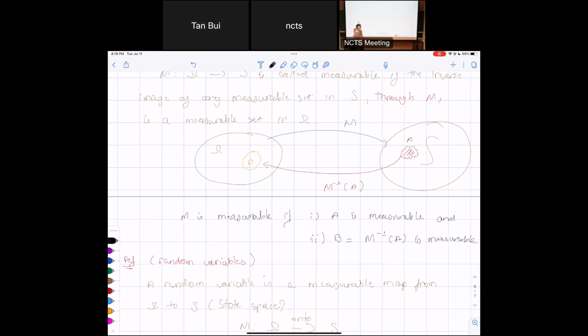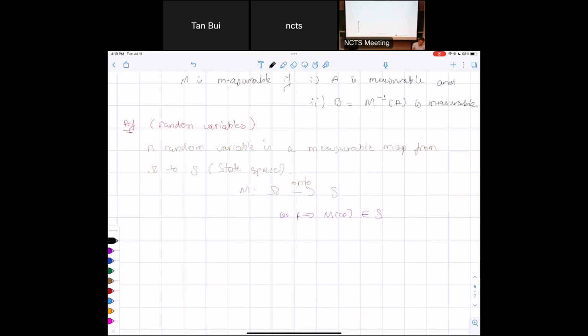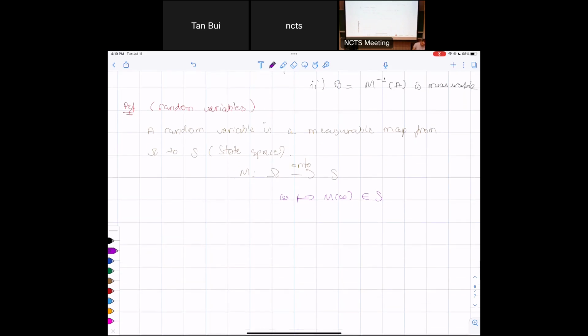The last question that we're going to ask: what does it do with the probability? Does it actually map the probability measure as well? That's a natural question for us to ask. And this is exactly what the push forward measure means, which we're going to introduce next. Recall that